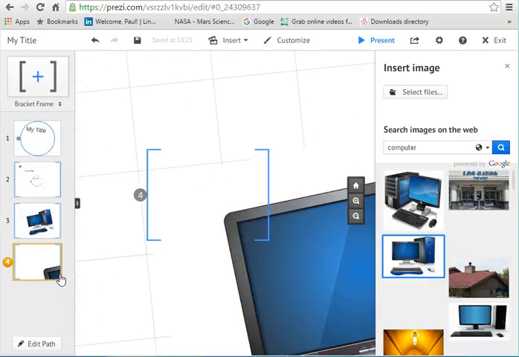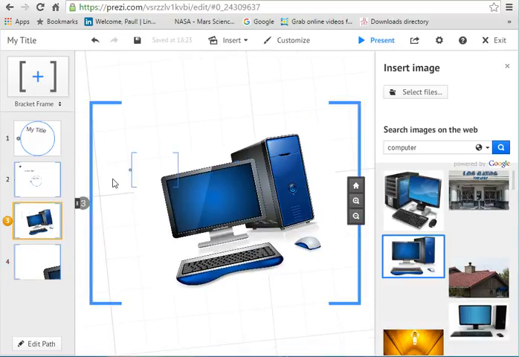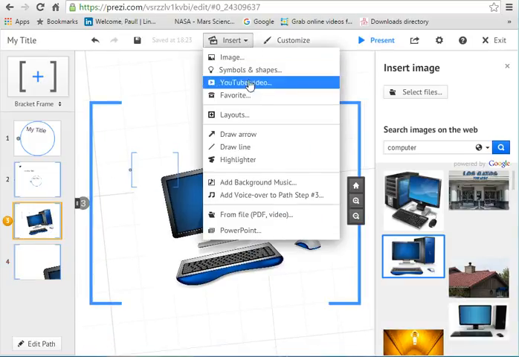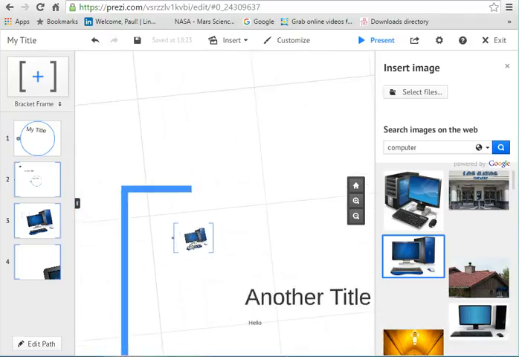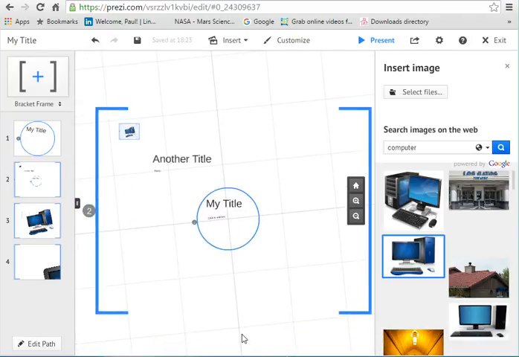Prezi's great to use to tell a story, and you can add all sorts of things into it as well, like YouTube videos and background music and this kind of thing, and also voiceovers. But have a play with it, but think about how you're going to tell a story. You're going from the big picture, maybe into some detail, switching to another piece of detail, moving further into that, and perhaps back to the big picture again. You've got to think about how to bring your audience with you and to use Prezi's abilities to the best of your